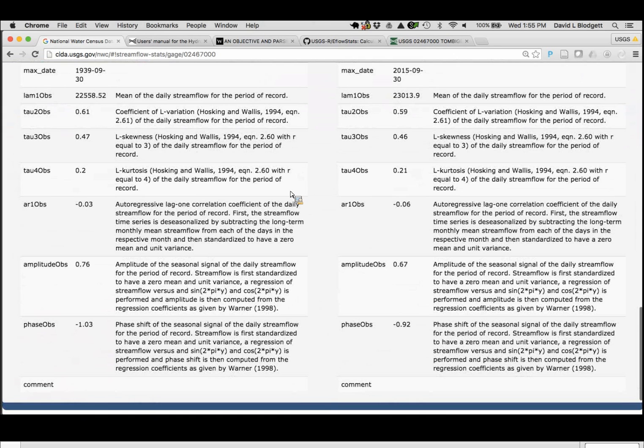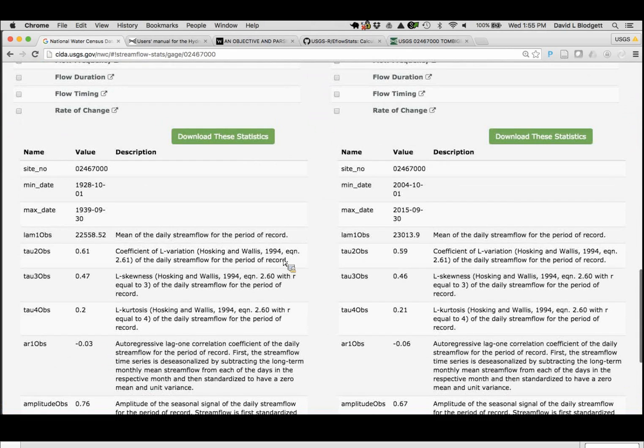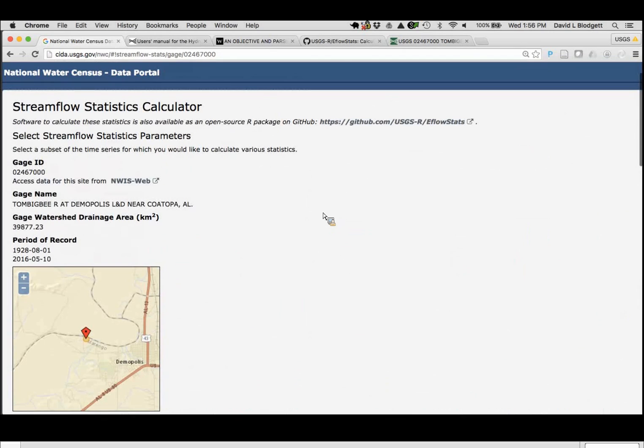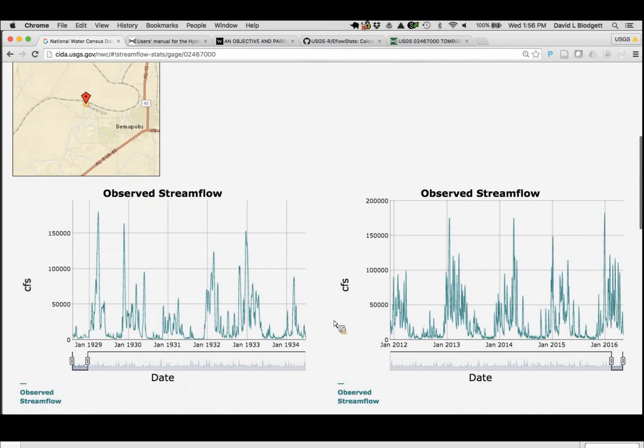And we can look at how these have changed from one time period to another. So more information on how these might be applied is available from the publications linked on this page and elsewhere in the ecological flow statistics literature. So from here, we have these kinds of capabilities available for NWIS stream gauges, and from here,